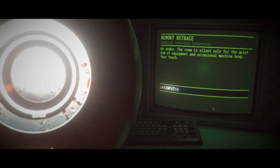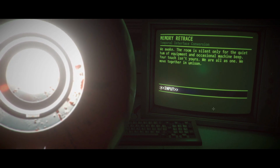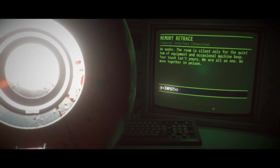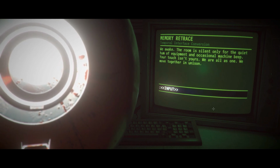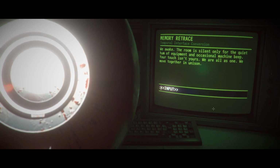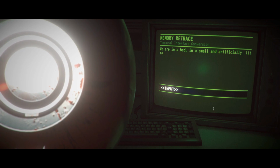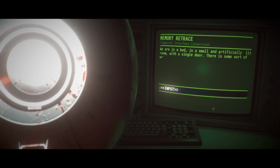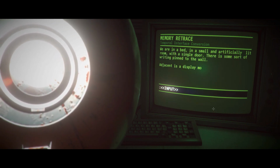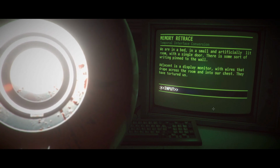We awake. The room is silent only for the quiet hum of equipment and occasional machine beep. Your touch isn't yours. We are all as one. We move together in unison. Okay. Look around. We are in a bed, in a small and artificially lit room with a single door. There is some sort of writing pinned to the wall. Adjacent is a display monitor with...